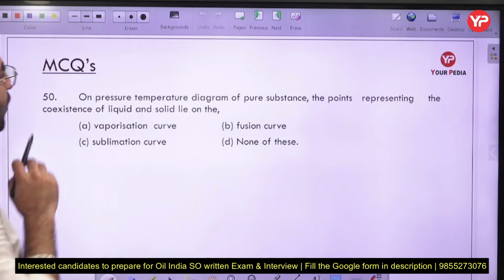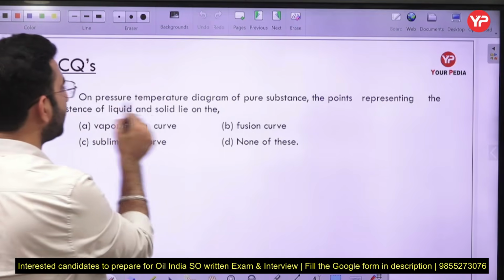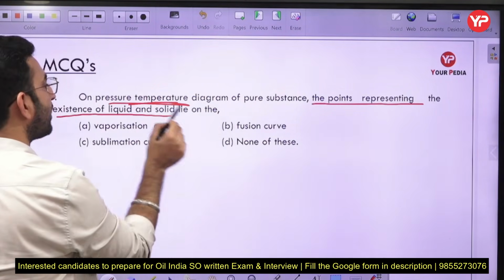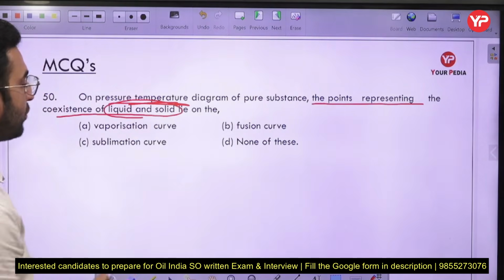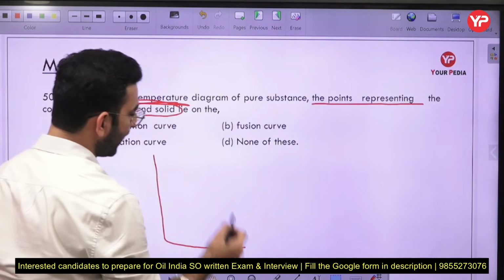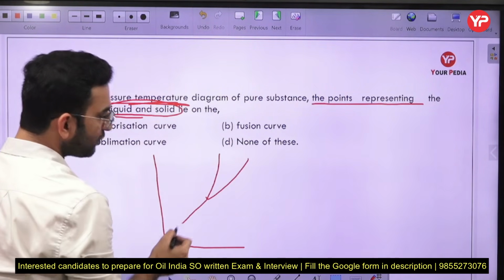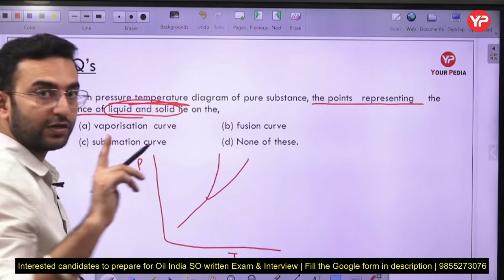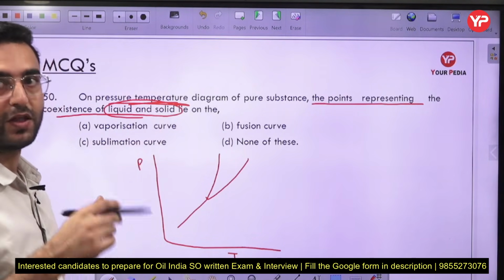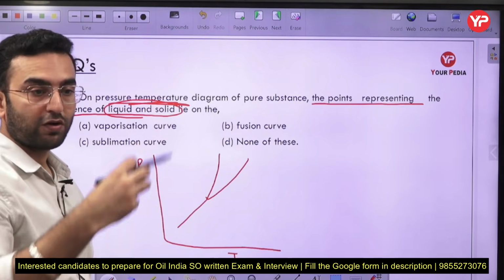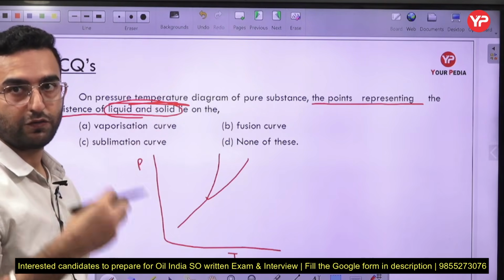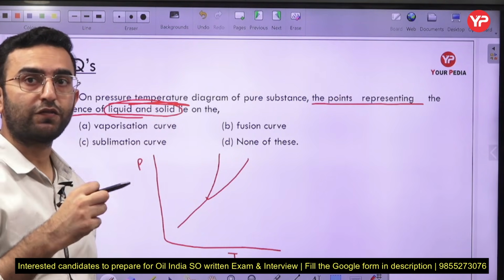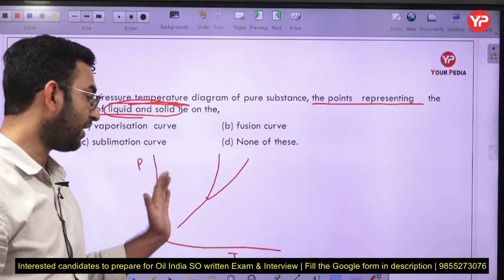Next, on the pressure-temperature diagram, the point representing the coexistence of liquid and solid. So in the case of the PT diagram, we have a curve like this one. This is a PT diagram for all those substances other than water, specifically other than water here, which basically contract during freezing. All the substances which contract during freezing have a PT graph like this one here,